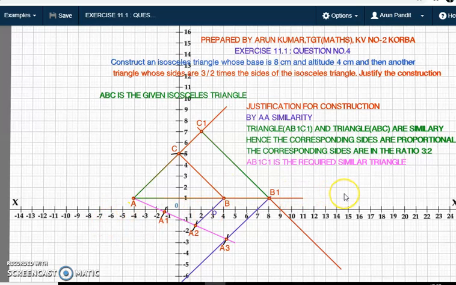So AB1 upon AB equals what? 3:2. Because you can also consider two similar triangles: which two triangles, since we drew the line parallel to BA2. So here we also have two triangles, A3A2... A3B1 and A2B. Are they similar? Because this angle equals this angle and this angle equals this angle, being corresponding angles, and angle BAA2 equals angle B1AA3. So these two triangles are similar by AAA similarity criteria. So what we can say, AA3 upon AA2 is 3:2, equals AB1 upon AB. So the ratio AB1 upon AB is also 3:2. I will write out the justification for you on a page. Thank you.